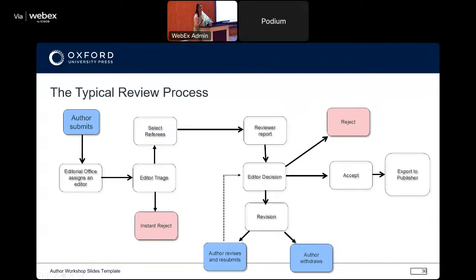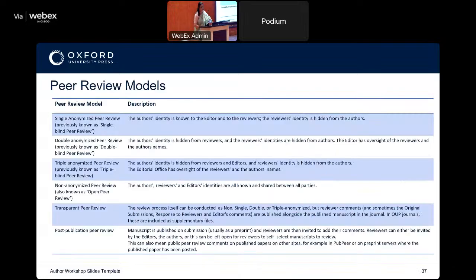So it has come to OUP. There are different peer review models. These are some examples. So read them in detail.